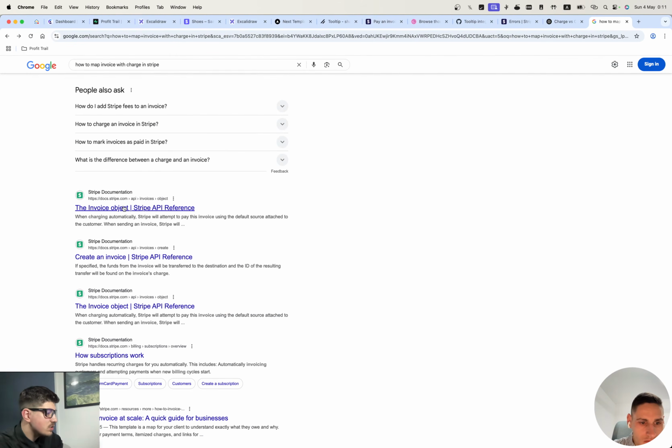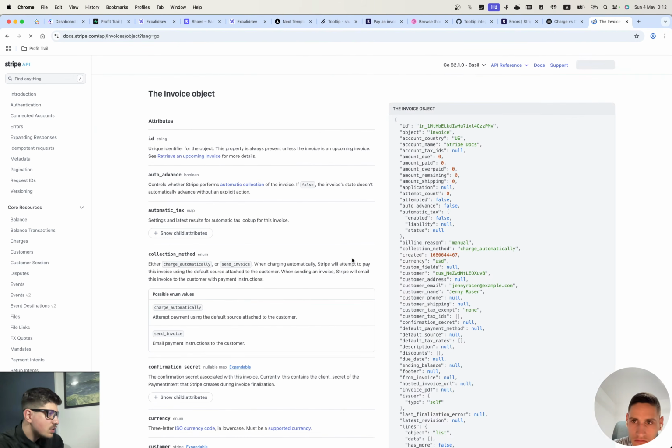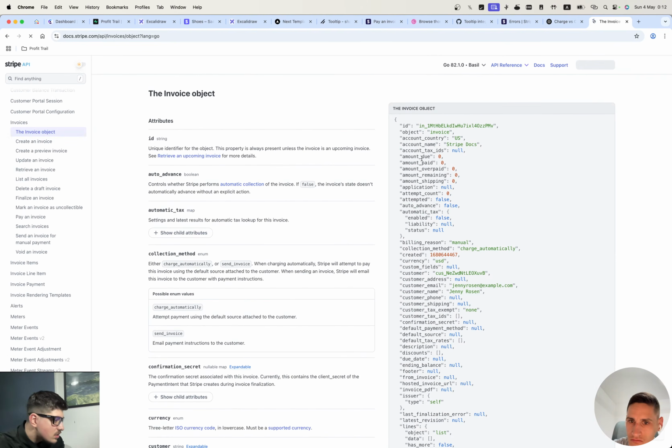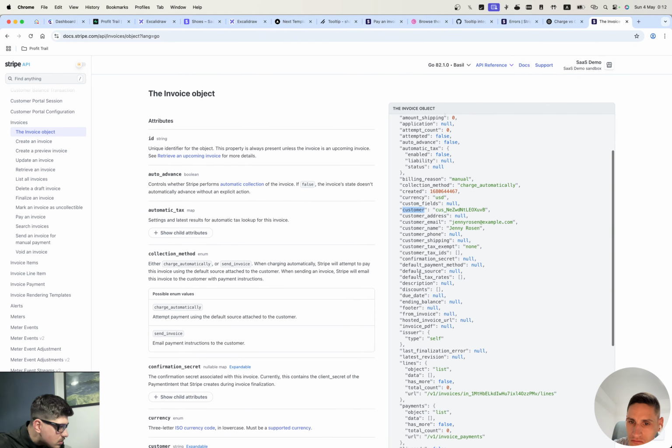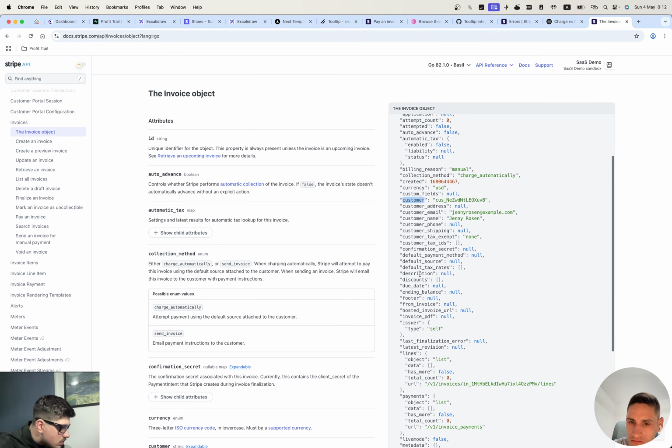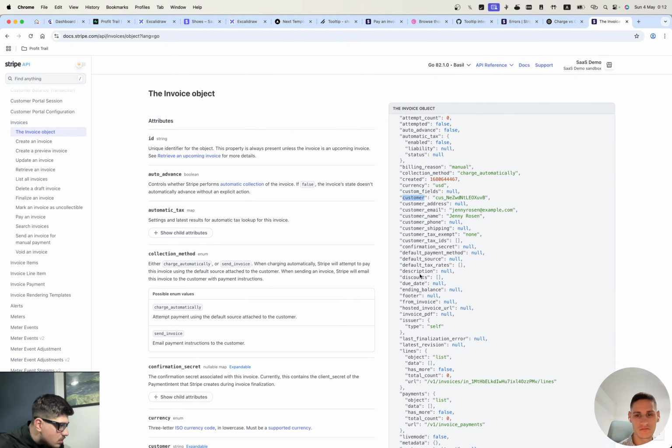See invoices. What does invoices have? The invoice object. Does that have source? No, it doesn't. Does it have